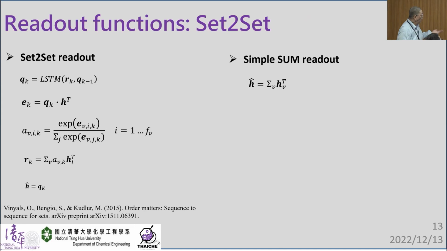To do that, there are standard methods to ensure that. One very popular method is the set-to-set readout. What is known in the graph network is that we use a readout function, which summarizes all the graph output into an input that is irrespective of the order of the matrix. And one popular readout is called the set-to-set readout, and another just sums the graph output, which is a very simple, or what we call naive, readout function.